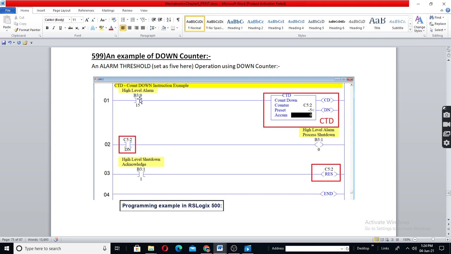See here, you can use this for a hardware setup, or as an internal operation, an internal process. In this case, it is used as an internal process. Hence, the internal bit B is used: B, B, B. If you are using it externally, this will be I, O, O.